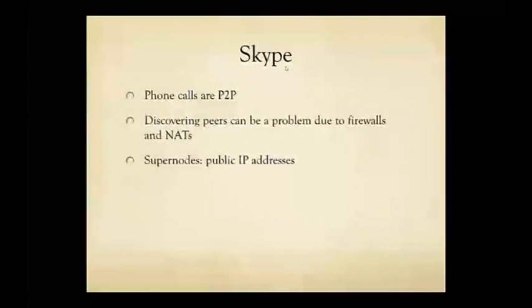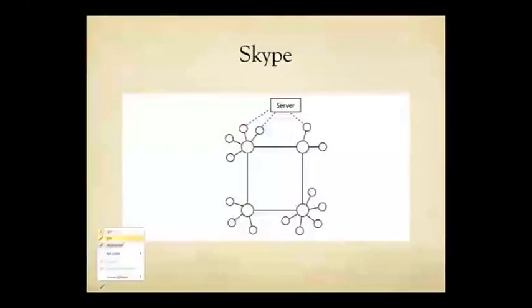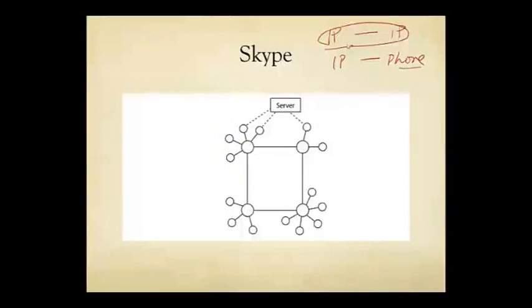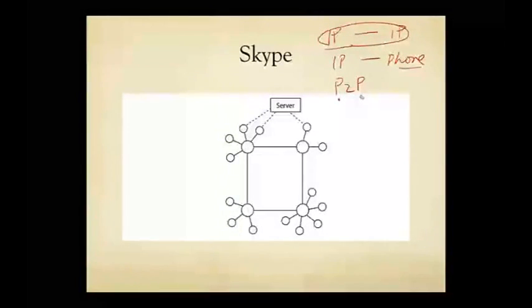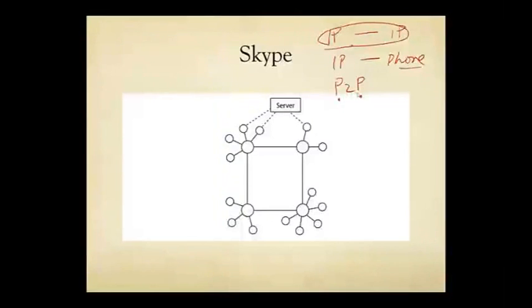So for Skype, we need to first think about making phone calls. The phone call could be from an IP device to an IP device, or from an IP device to a normal phone on the phone network. And Skype is best known for making IP to IP phone calls, which are free. Now, making phone calls is intrinsically P2P. Okay? A peer calls up another peer. You do not call up a server, for example. So it's intrinsically P2P for voice calls themselves.